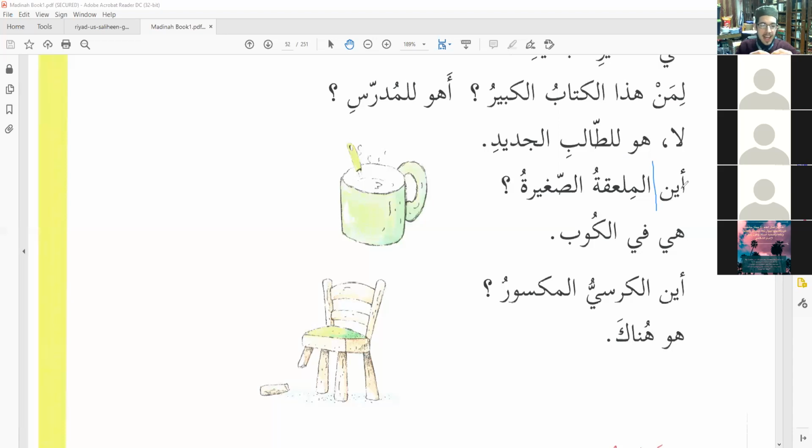So if we're going to untangle the sentence and straighten it out, it would be al-mil'aqatu saghiratu fil kubi, right? Al-mil'aqatu saghiratu is the mubtada, the subject. Fil kubi would be the answer and the khabar, if we're making one sentence. Very good. But we don't have just one sentence like that. We have an independent sentence. Hiya fil kubi. So break that down for us: what type of sentence, what are its parts, and where are they?